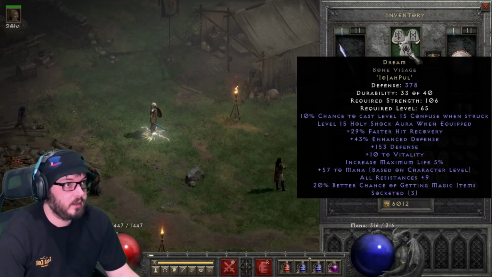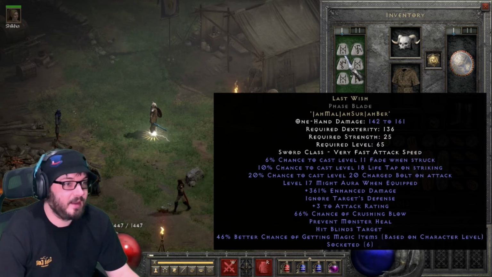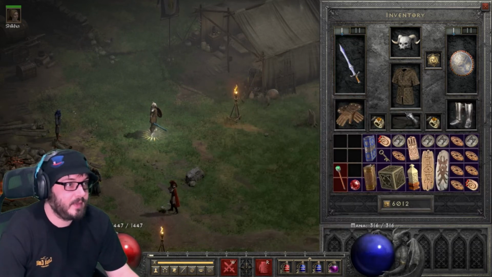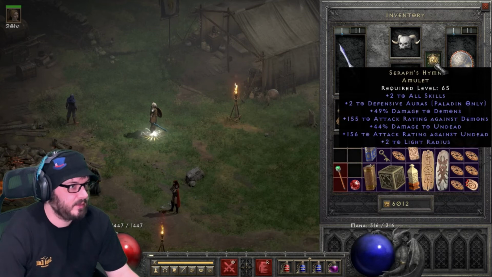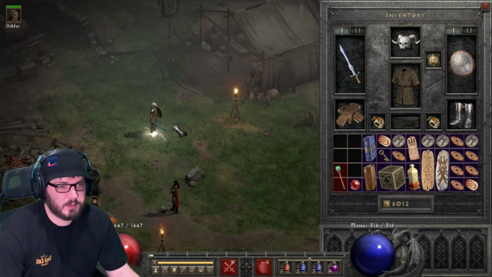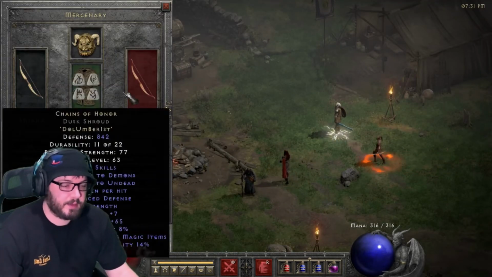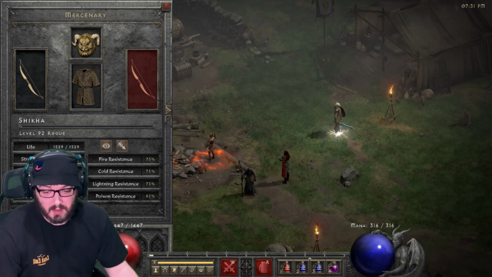We have 20. What else do we have? Yeah, just 20, huh? Okay. So we only have 20 attack speed from the gloves. However, our merc gives us a Fanaticism aura, which, when we pull up our handy dandy calculation tool,